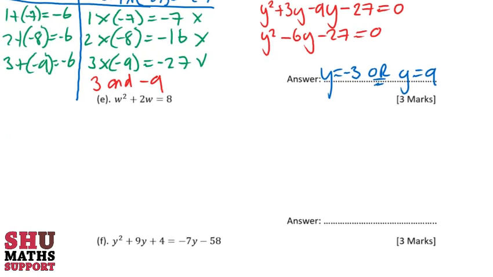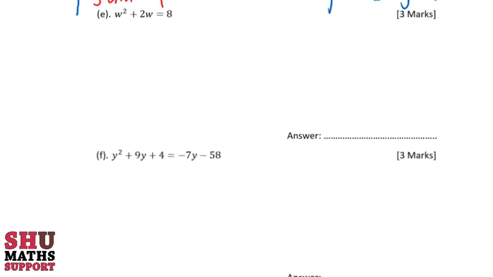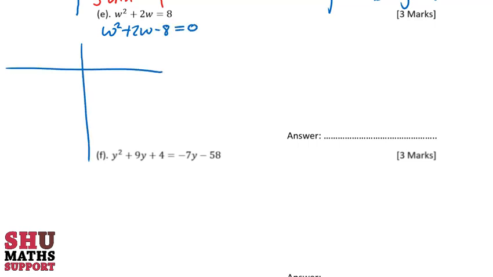So the next example, we have w squared plus 2w is equal to 8. So same again, we just need to subtract 8 from both sides to make it w squared plus 2w minus 8 is equal to 0. And then we can set up our table where we have b is equal to 2, a times c is equal to 1 times minus 8, which just equals minus 8. Since a times c is a minus value, then we know that one of the values we need is a minus number. So if we start with minus 1 plus 3,